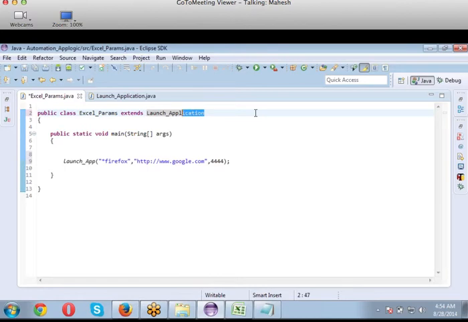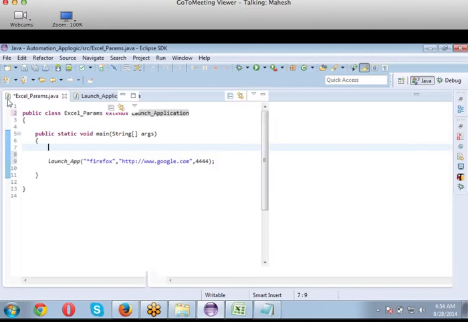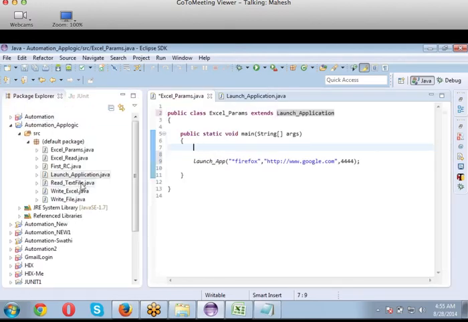Always remember, the first class that you use will be the starting point of your program, the inception. And then if I want other classes to be inherited inside my main method, for example, I want a class called read text file, read underscore text file.